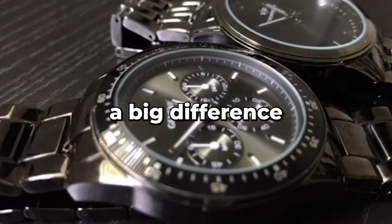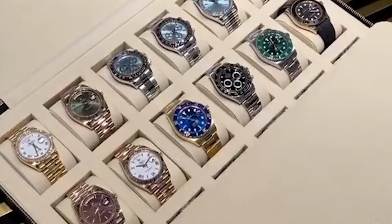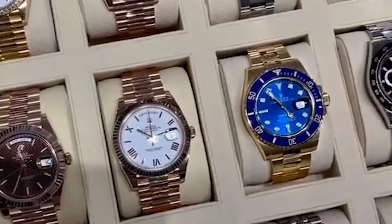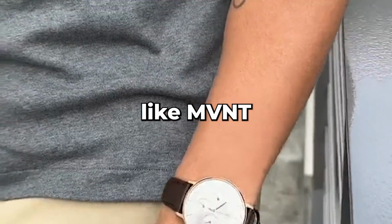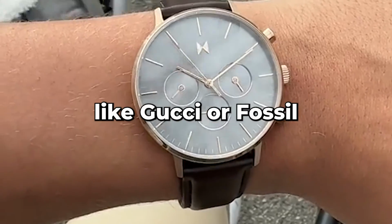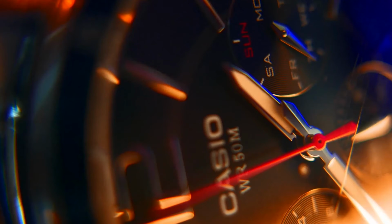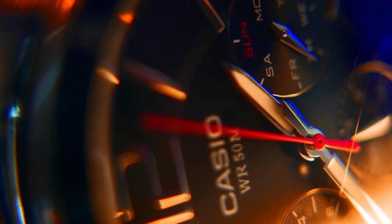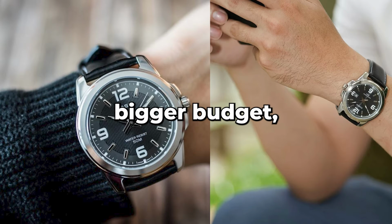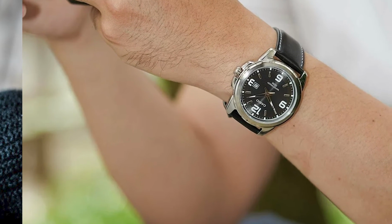Accessories make a big difference in the old money style, and a classic watch is a must. Classic watches. Opt for watches with either a metal strap or a leather strap. Don't go for brands like MVMT or luxury brands like Gucci or Fossil because you think it's a flex, but oftentimes these are cheap watches and you're paying for the brand name. Go for options like Casio, World Time, Retro Classic, or Seiko. If you have a bigger budget, the Casio MTP 1314L 8AVDF is a cheaper option if you want a leather